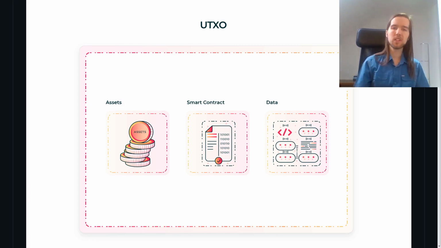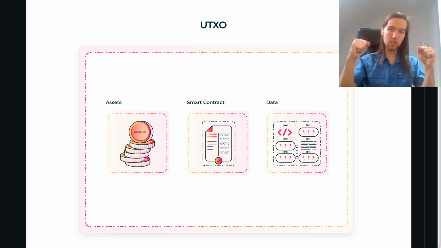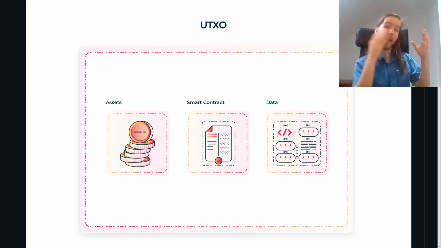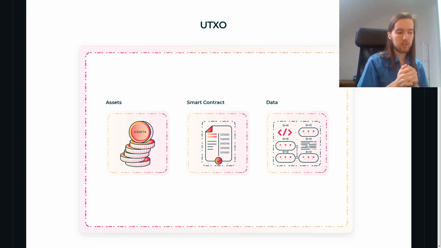In this talk, we're going to be talking about Ergo, Cardano, and the extended UTXO model. As many of you may know, the UTXO model is something that has been in cryptocurrencies from day one. Bitcoin started cryptocurrencies, and it was the first blockchain to come up with the UTXO model. This was one of Satoshi's original inventions, and you could argue it tried to replicate cash on the